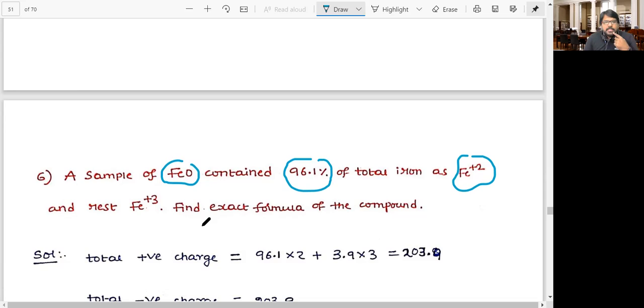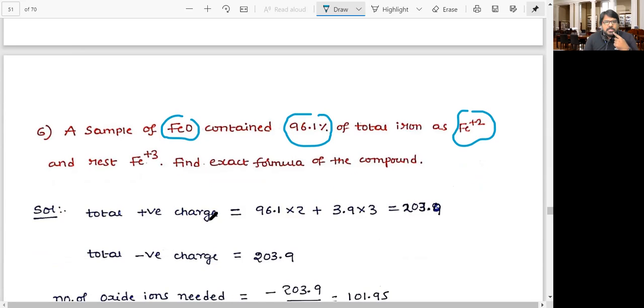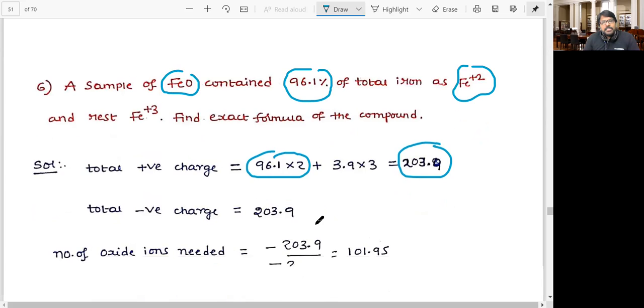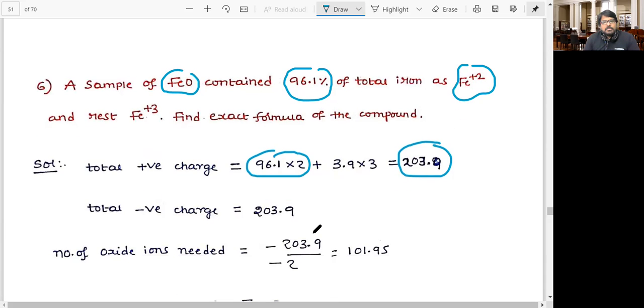Now, the total positive charge: 96.1 into 2, that is because of ferrous, and 100 minus 96.1, that is 3.9, into 3 for Fe3+. So what is the total charge you are getting? 203.9, approximately you can take it as 204, no issue. And the total negative charge should also be 204, undoubtedly,